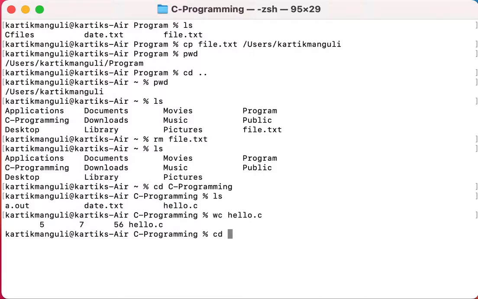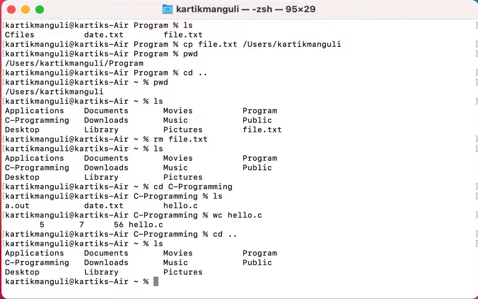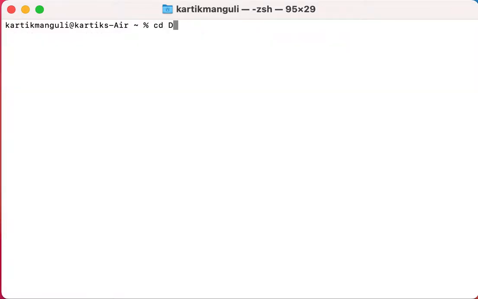So let us jump to the PS working directory, and then we'll move to documents. I want to show you something. Let me clear the screen and cd documents, or it will suggest documents, and then ls.